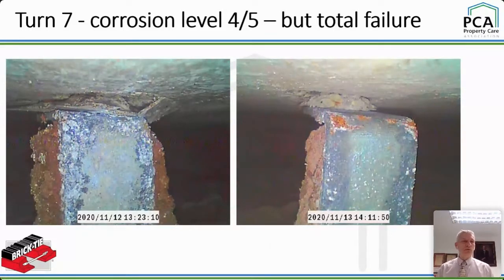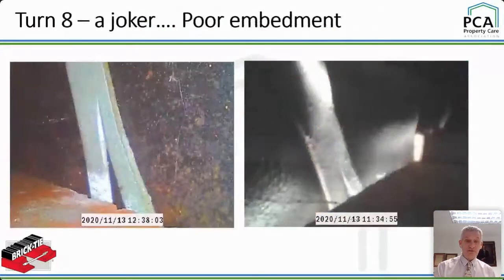They're only taking probably 1 or 2 kilonewtons at the most. So it's very likely that this job was shot fired. And shot firing ties into concrete is a big no-no, because when you shot fire the bolt in there, it can cause micro cracking in the material. So these ties probably failed very quickly. And it's a total failure because they're not connected securely to the inner leaf anymore.